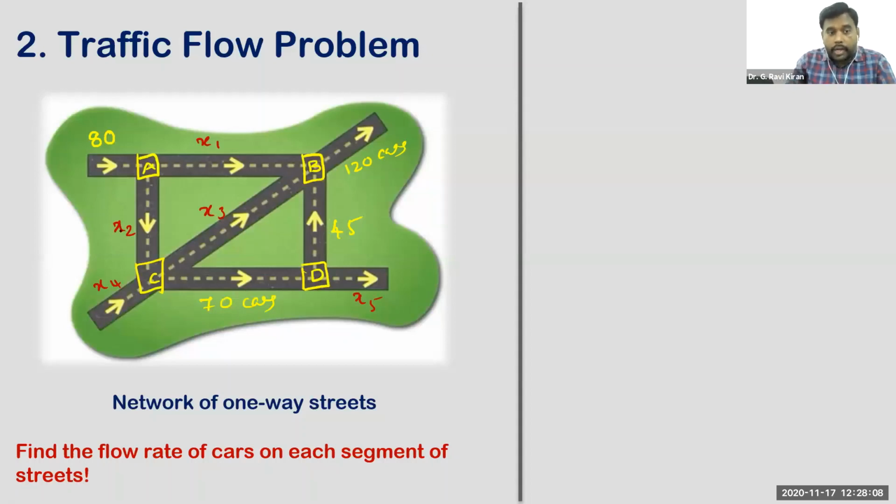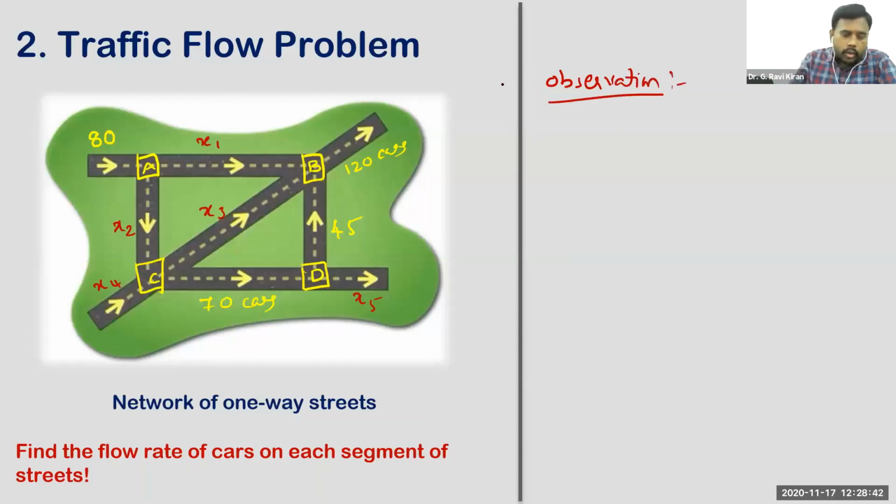And the question is to find out the flow rate in each of these segments. I mean, the question is to find out these 5 unknowns, X1 to X5, right? Now we have very partial information with us, and still we are trying to find out the flow rate on each of these streets individually. There are a few observations actually. Whenever you take any kind of flow network, there are a few observations. See, the first observation is